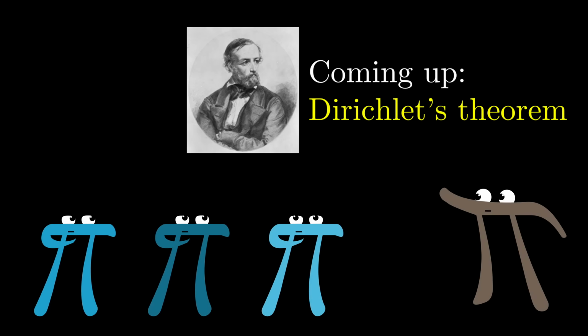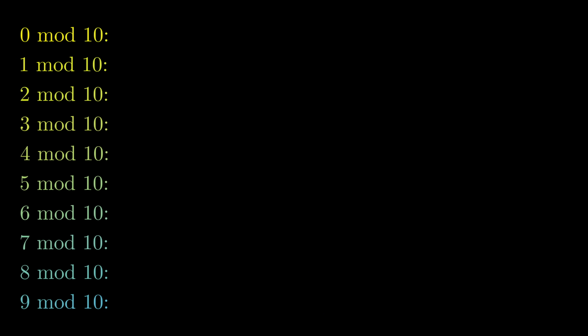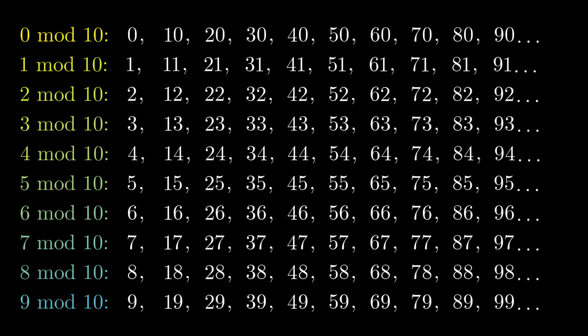This last point is actually the most interesting observation of the whole deal. It relates to a pretty deep fact in number theory, known as Dirichlet's theorem. To take a simpler example than residue classes mod 710, think of those mod 10. Because we write numbers in base 10, this is the same thing as grouping numbers together by what their last digit is. Everything whose last digit is 0 is a residue class, everything whose last digit is 1 is another residue class,